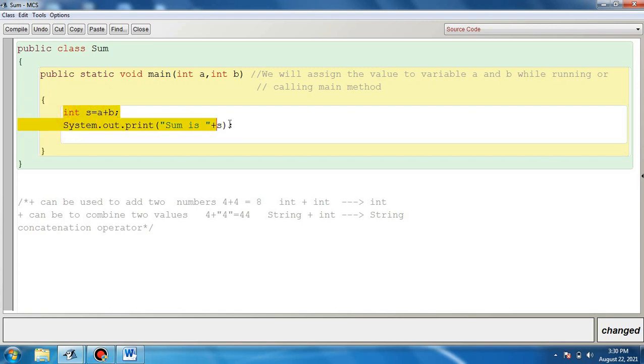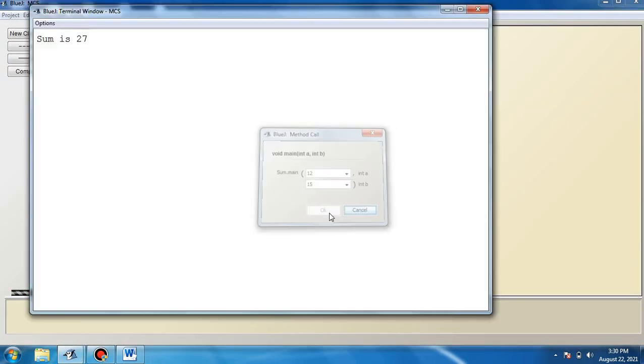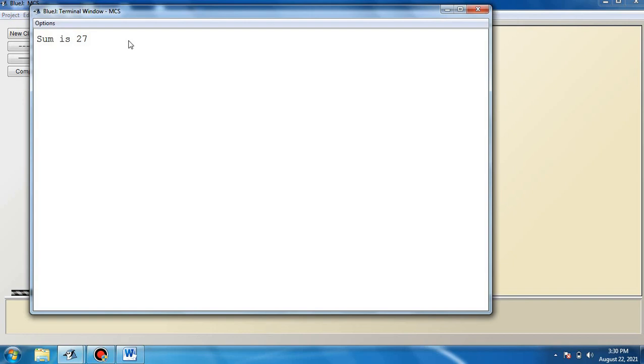So these two statements will execute. Now the value of a will be 12 and b will be 15. So 12 plus 15 makes 27. So 27 will get stored in s, and this output statement will print sum is 27. This is how it will run. If I click on OK, you can see here it says sum is 27.